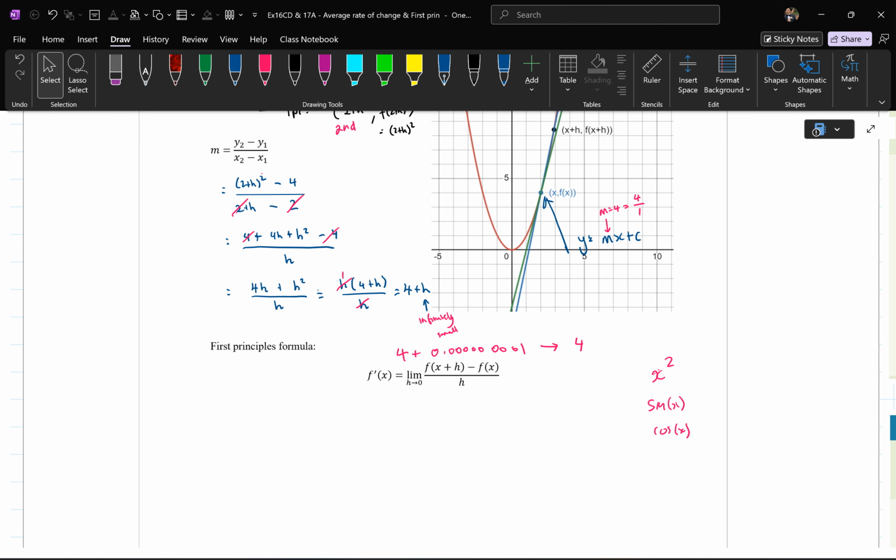What if it's a sine graph? What if it's a log graph? What if it's an exponential graph? Then how do you find the gradient of each one differently? And all they've done is they've gone through all these rules, first principles, and they've condensed it to a nice,